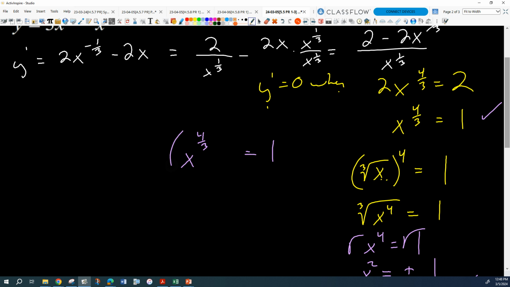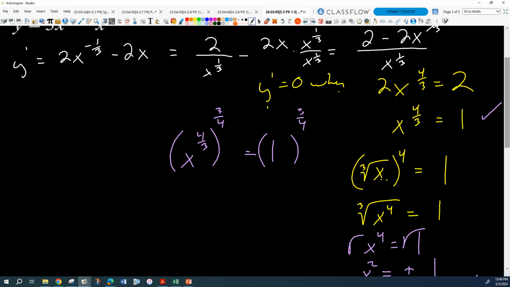Could I raise both sides to a power? What power would I need to take x to the 4/3 to end up with the result x to the 1? 3/4, right? If I took both sides to the 3/4 power,